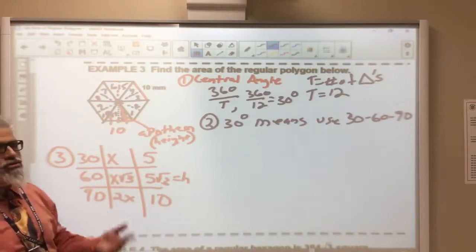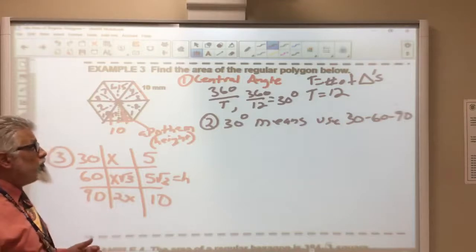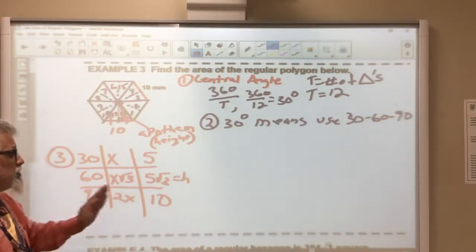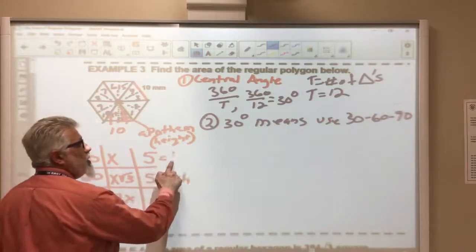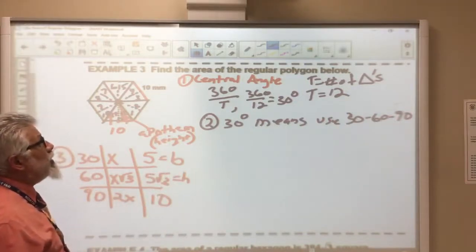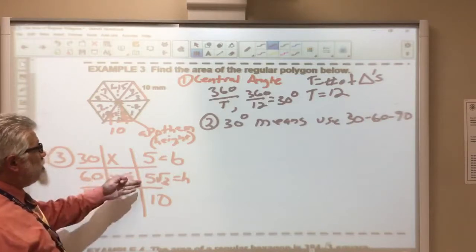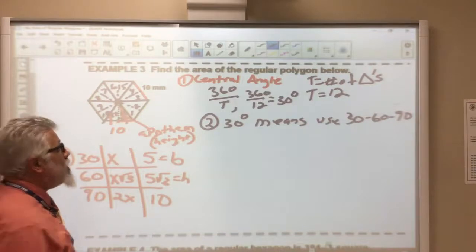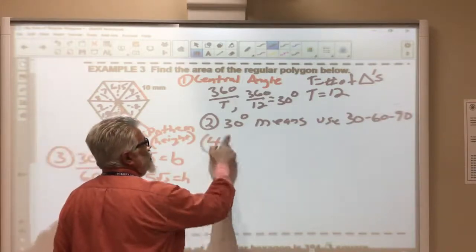I'm going to go ahead and use a small triangle for this part. At the end, I'll show you another way to do this, but I'm just going to go through this right now, because this will work on every regular polygon. If I get the height and I know the base, I'm going to go ahead and find the area of the small triangle, which is